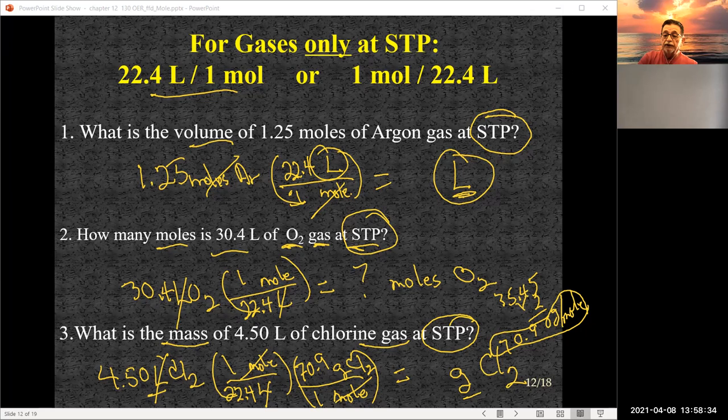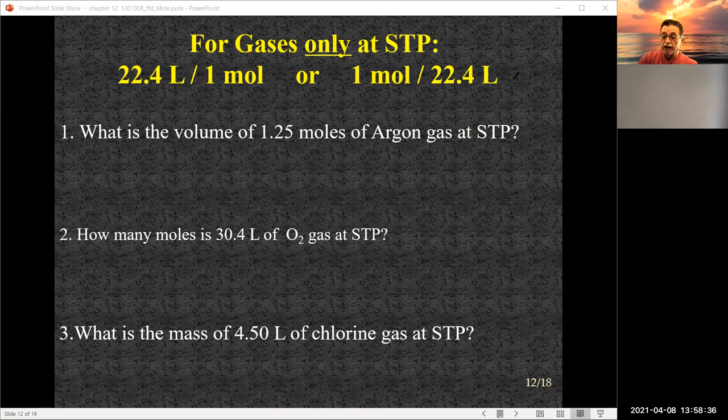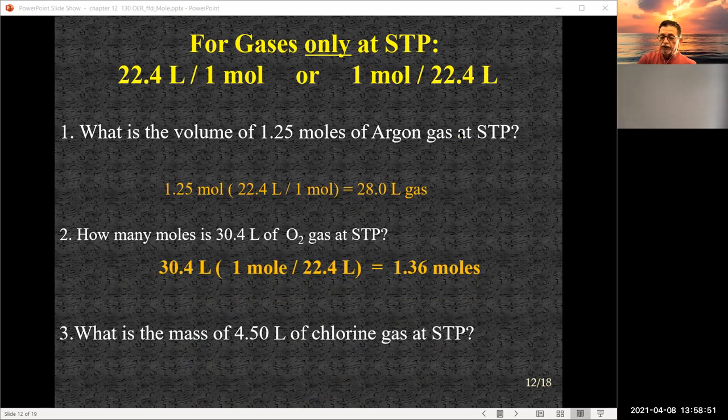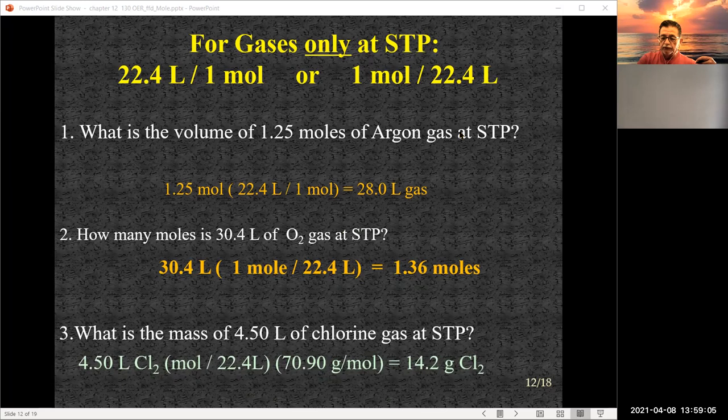Well, let me clear the mess here and bring them up. Here's the first one we just did. We went through it, moles cancel, leaving us with liters of gas because that's what that question asked for. You want to know the volume. Second one, similar situation, but we inverted the 22.4 liters per mole because we wanted units of moles. And then finally the last one,